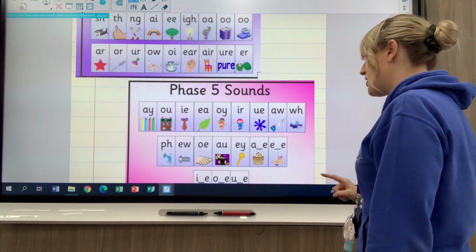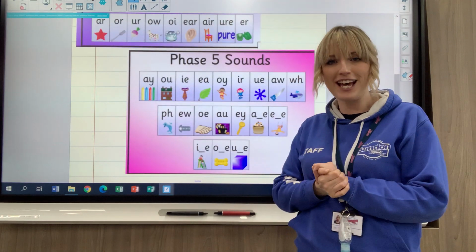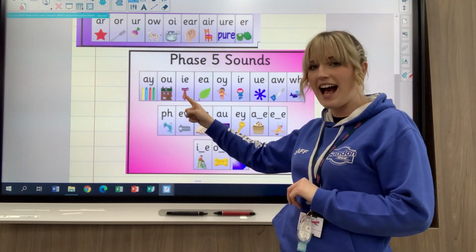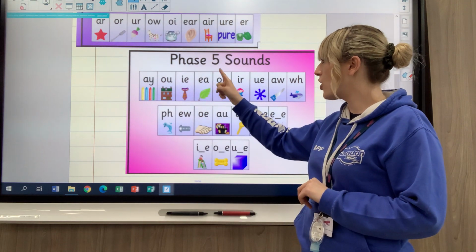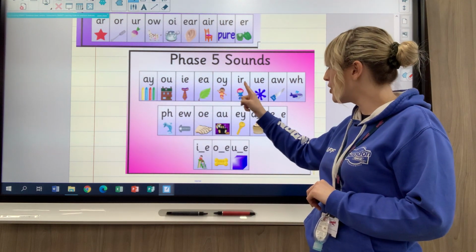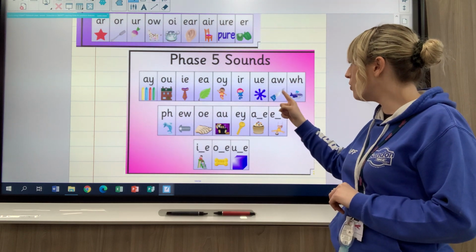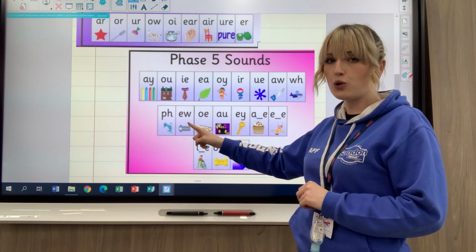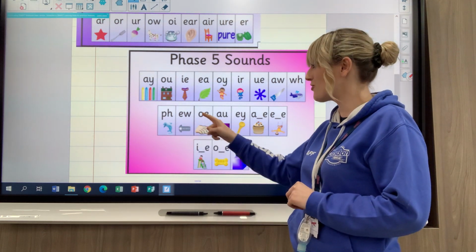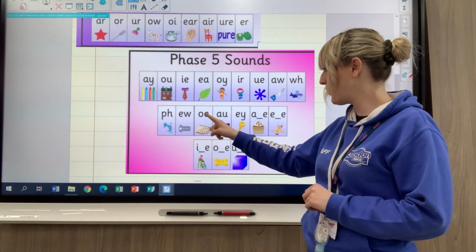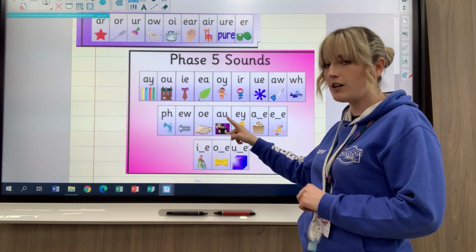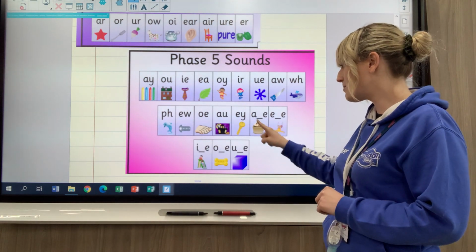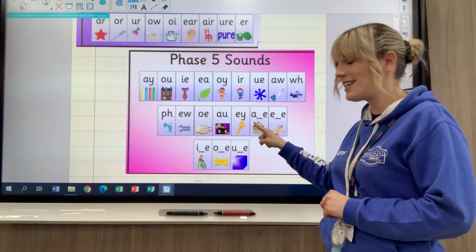Okay, now I'm going to read them to you so we can go a bit quicker. Okay, we've got A, ow, I, E, oi, oo, or, w, f, oo, as in oo for screw. We sometimes struggle with that one. We've got O for toe, or as in haunted house, E for key, A, split digraph, so A for cake,